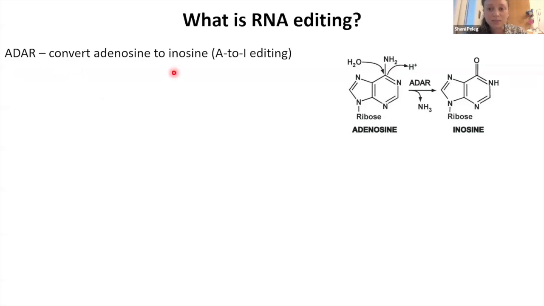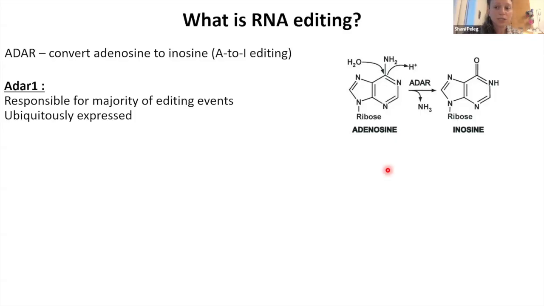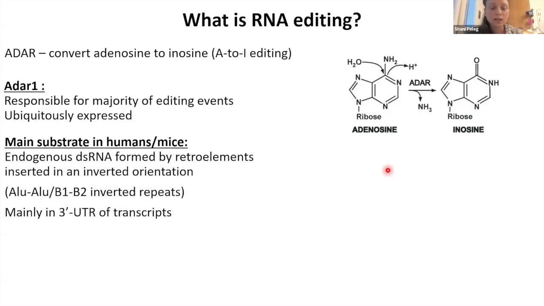ADAR deaminates adenosine bases into inosine bases, which are read by the translational machinery as guanosines. Vertebrates have 3 ADAR proteins, ADAR 1, 2, and 3. And today we'll be focusing on ADAR 1, which is responsible for the majority of editing activity and is ubiquitously expressed. Now, the most essential role of A to I RNA editing by ADAR 1 was thought to be in recoding of the resulting protein, but recent studies have revealed that the main role of ADAR 1 is to disrupt endogenous